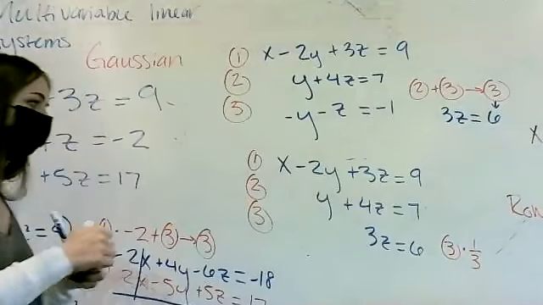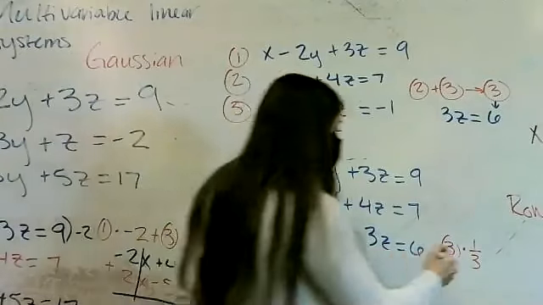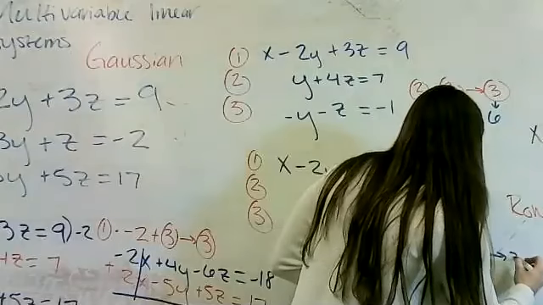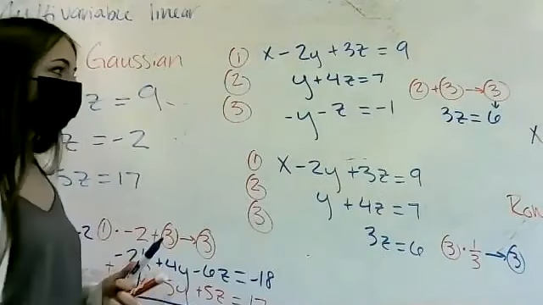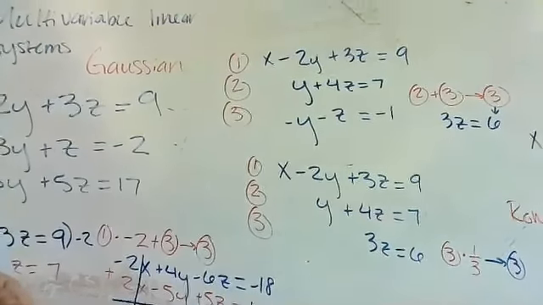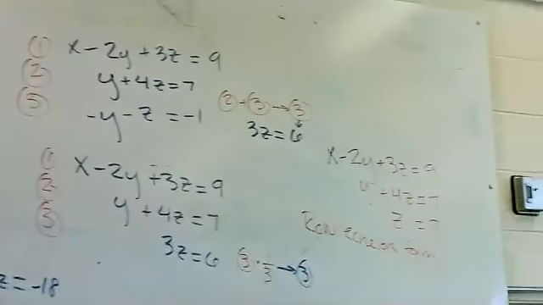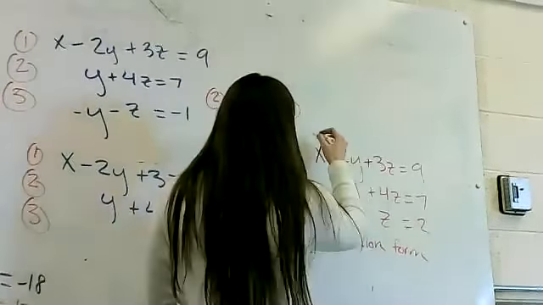So I'm going to multiply by 1/3. You can take equation 3 and divide it by 3. That's fine. For matrices purposes, I do multiplication by fractions. Okay, so finally, if we did that,